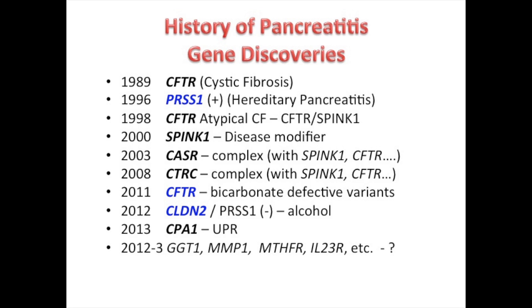Then in 2003, a calcium sensing receptor, which was only disease causative if there were also other modifying factors. The chymotrypsin C gene, which was described in 2008, is also complex, where by itself it doesn't do anything. You have to have combinations of 2, 3, 4 mutations and other factors before it becomes important. In addition to that,